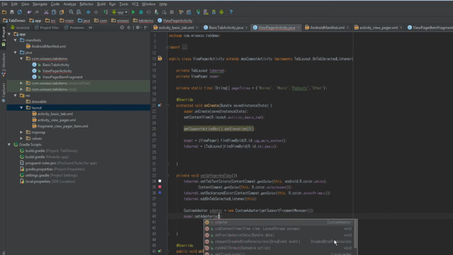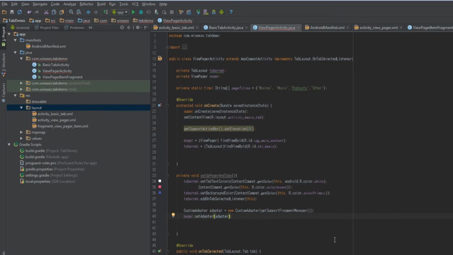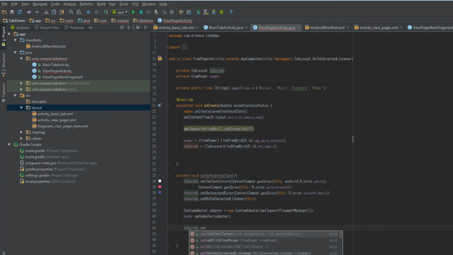Pager.setAdapter, and then we just pass in that adapter. So we're just about finished. Only a couple things. I'm setting up my listener, good. There's one last setting we need to call on our tab layout. On the tab layout, we're going to call tabLayout.setupWithViewPager,